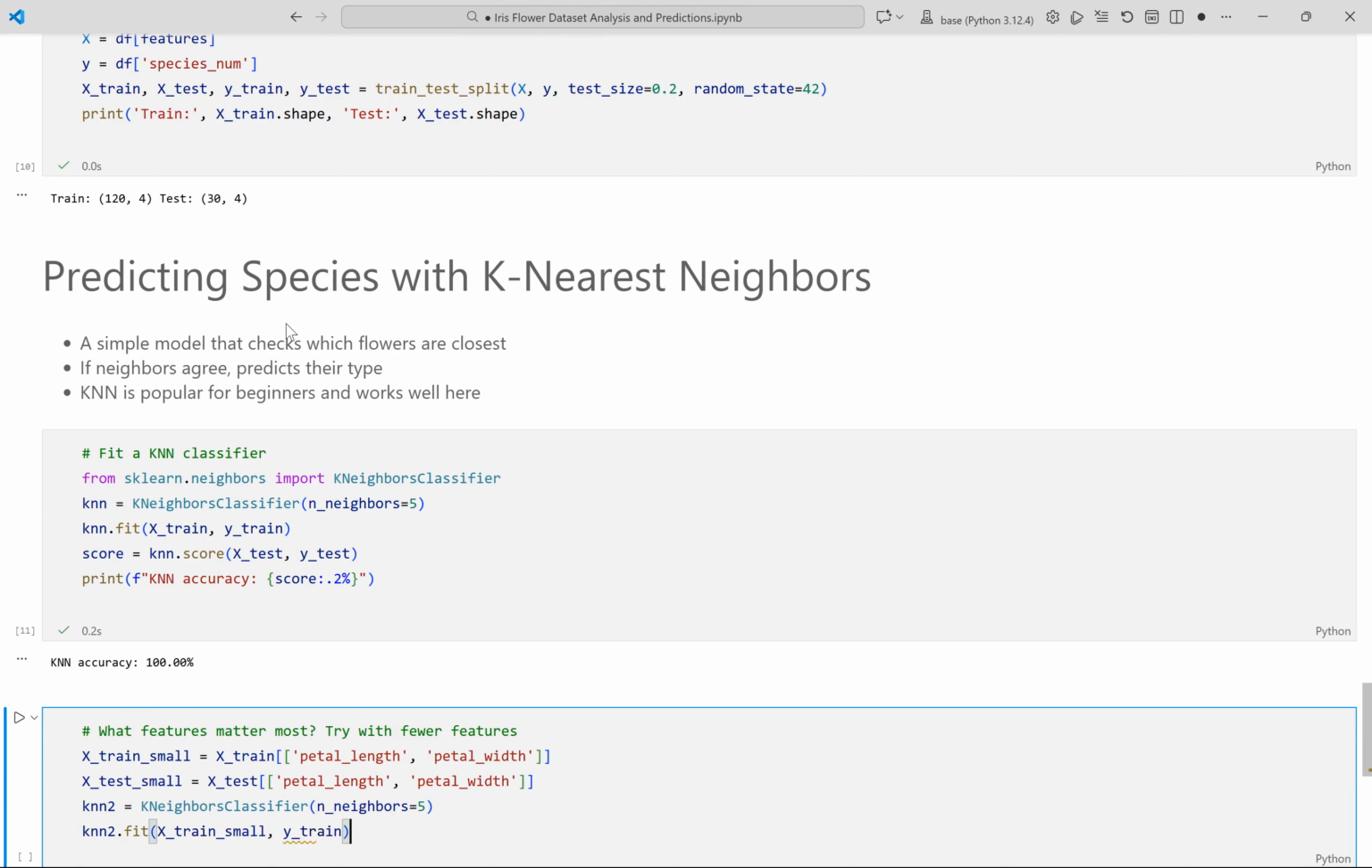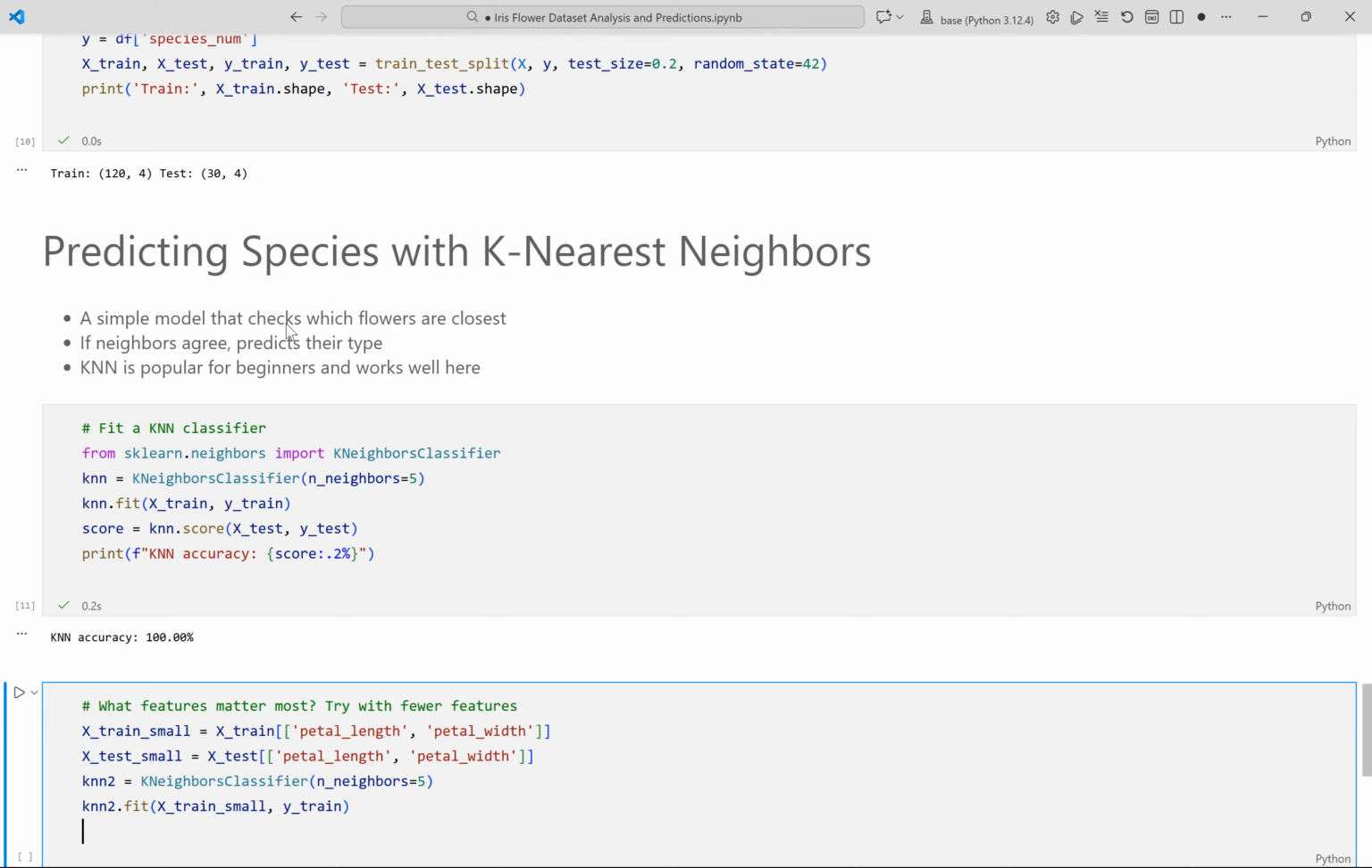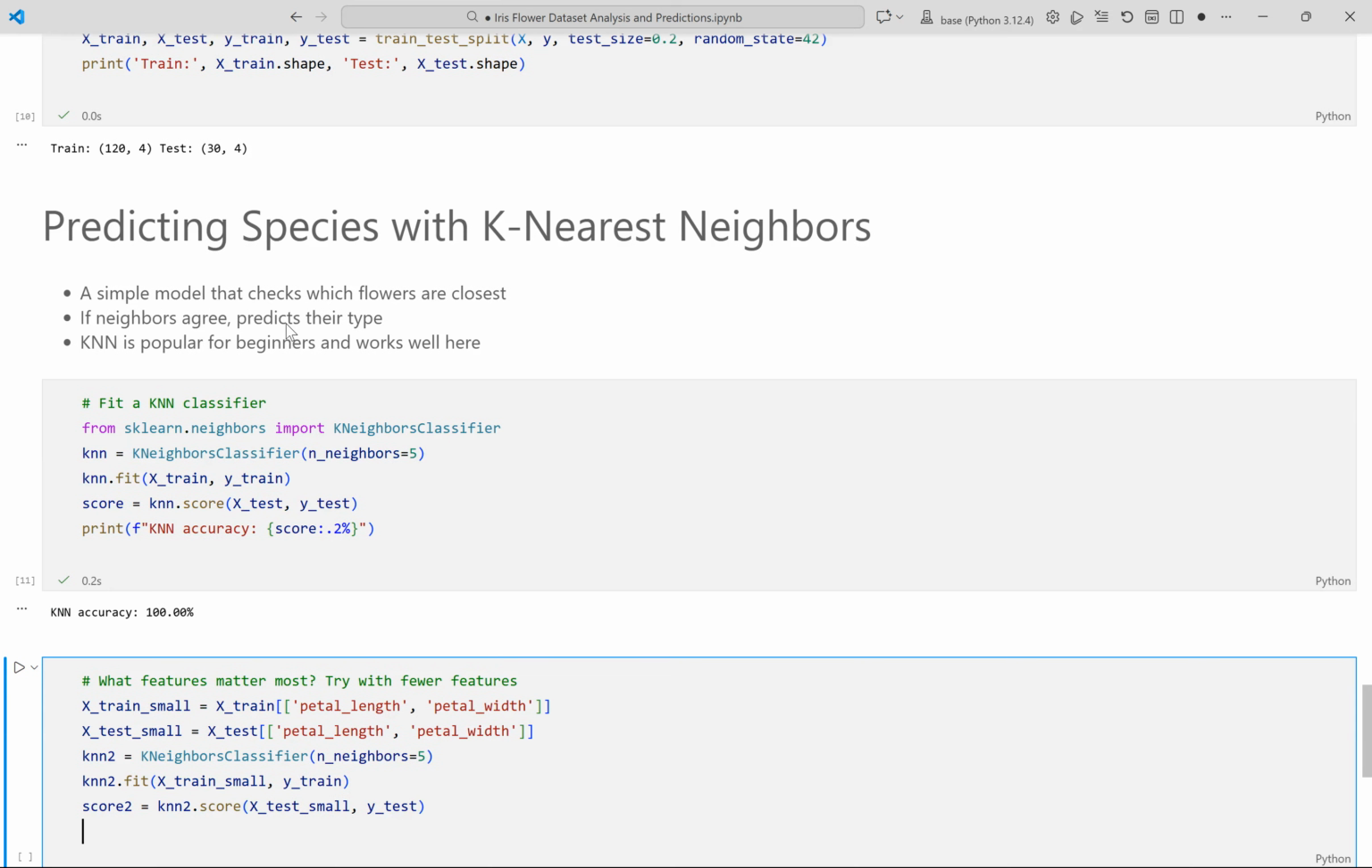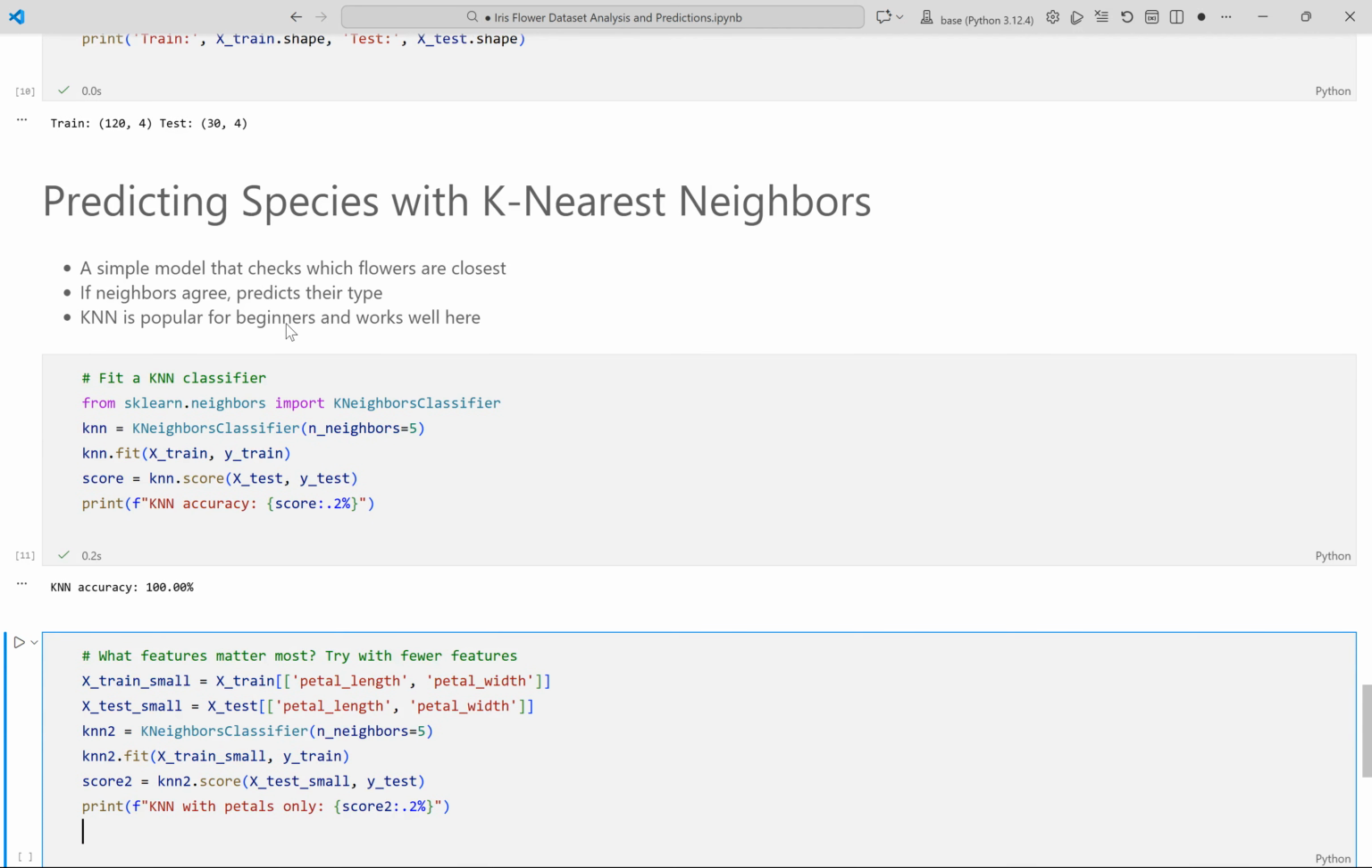knn2.fit(X_train_small, y_train). score2 = knn2.score(X_test_small, y_test). print(f"KNN with petals only: {score2:.2%}")